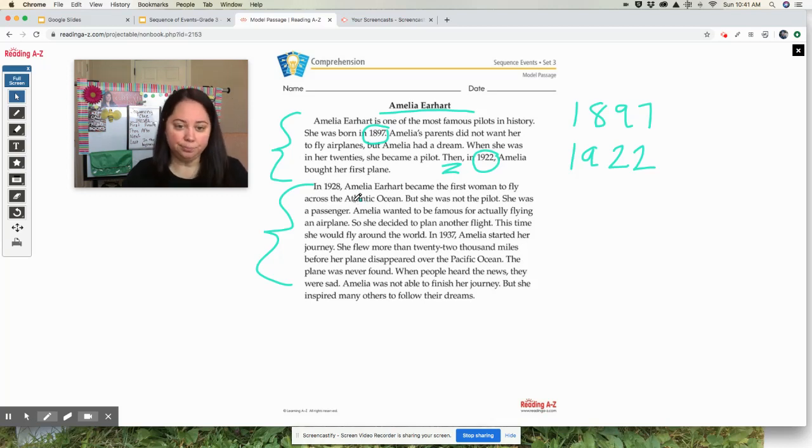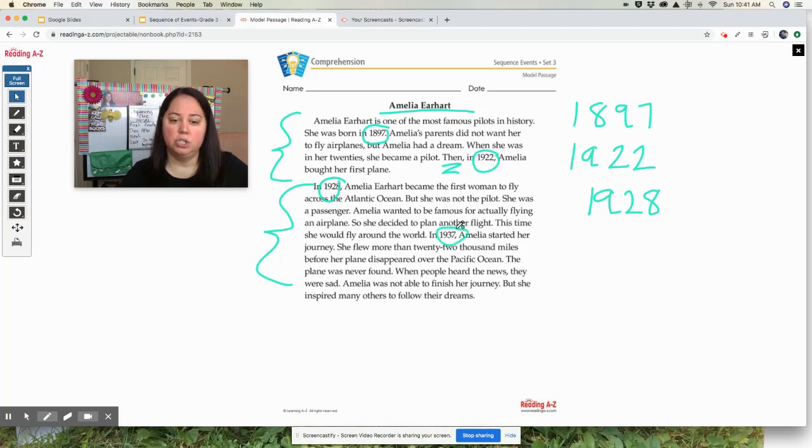Okay, so back to our sequencing clue words and our dates. We have a couple of dates here in the second paragraph. And here we have 1928, and that's when she became the first woman passenger to fly across the Atlantic Ocean. I had to reread that a couple of times. And then here,